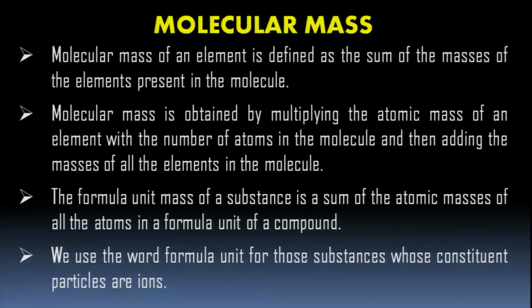Don't worry. The formula unit mass of a substance is the sum of the atomic masses of all the atoms in a formula unit of a compound. Formula unit is nothing very great. It is just similar to finding the molecular mass of a compound. But the main thing is that when we find the molecular masses of ionic compounds, we say it is the formula unit mass. Nothing more. So don't be scared. We use the word formula unit for those substances whose constituent particles are ions. Okay. For example,